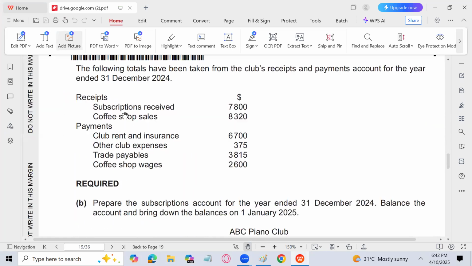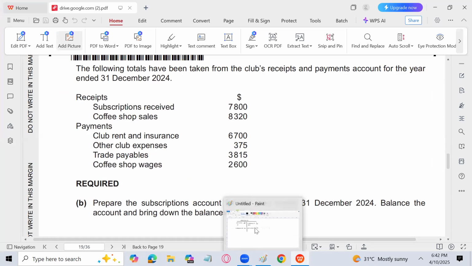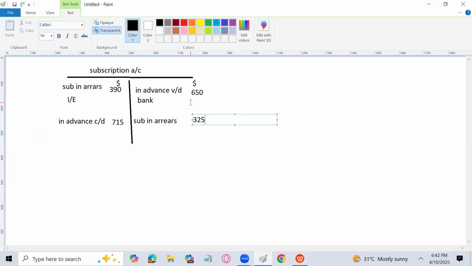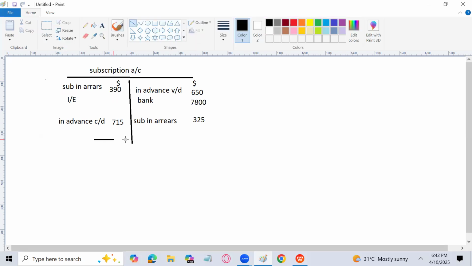Next is this, that we have been asked that bank figure we need for subscription. What is the amount received as subscription in the current year is 7800. That is bank to subscription. Bank के नाम से credit side पे आ जाएगी 7800. There is no bad debts. So what is the amount of income and expenditure account? First, we will go for the total of the credit side. So you can tell me the total of the credit side,